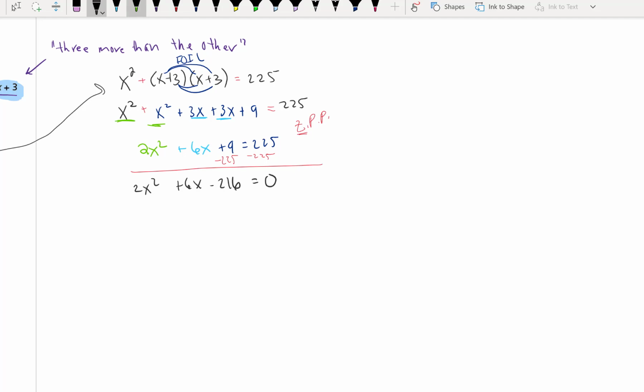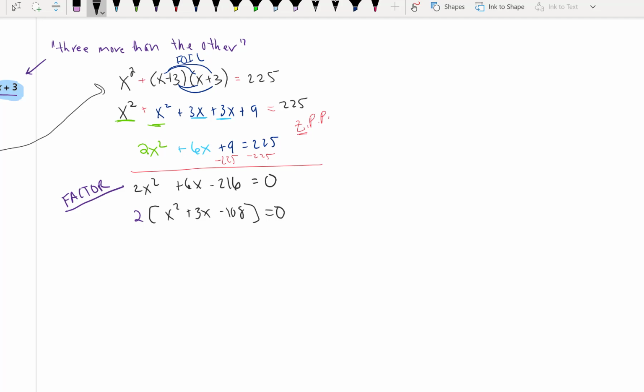Now to factor, you want to make sure that you get all of your coefficients, and all of your coefficients are even, so you're going to factor out a 2. So you're left with x squared plus 3x, and negative 216 divided by 2 is going to give you a negative 108,